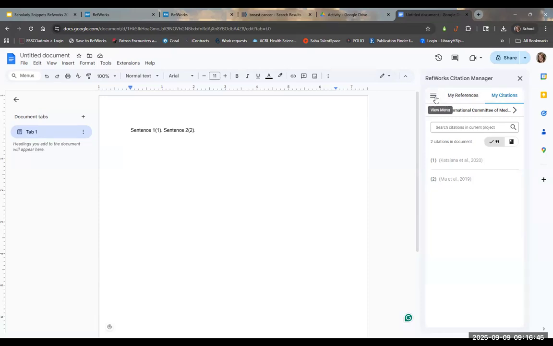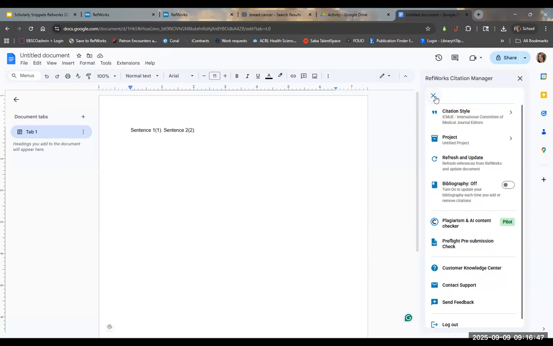I'm going to go to my view menu. And you can see a few things here. One is you can also change citation style from this menu. The second thing is that you can see the bibliography here. The bibliography is automatically turned off. It helps with processing. It makes it so that it's faster. But if you wanted to view your bibliography,